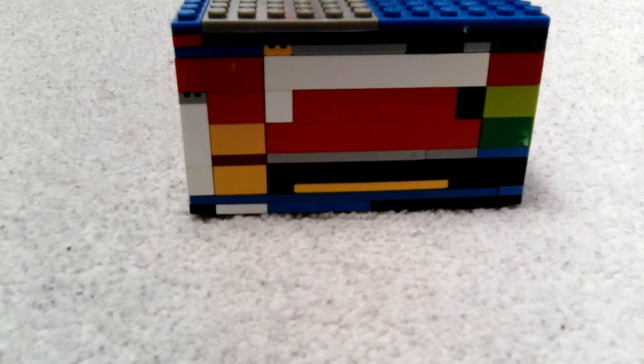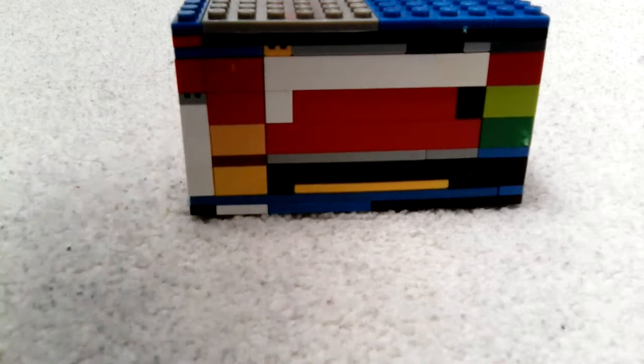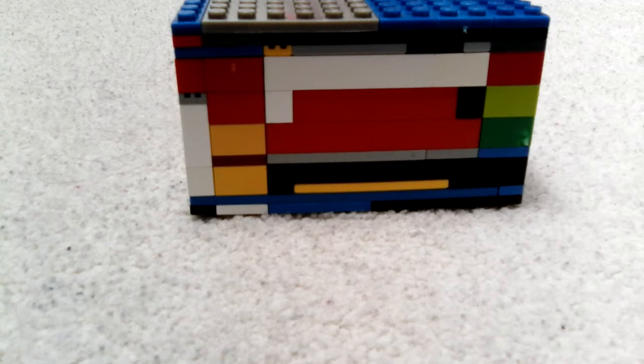to another video of Lego, and it is a Lego puzzle box, and I've called it Sheldon, and Sheldon has a key. Sheldon's key